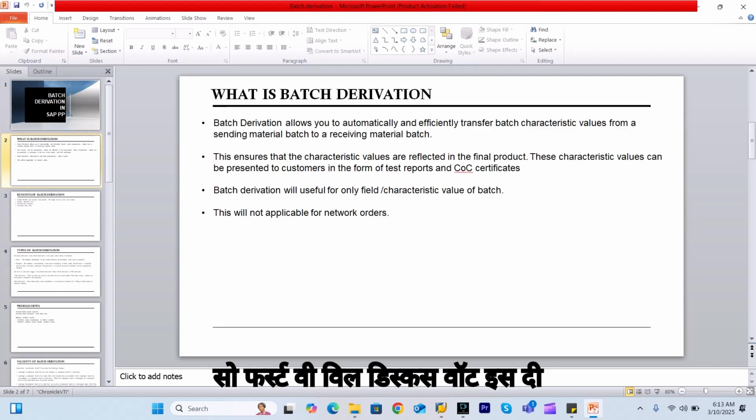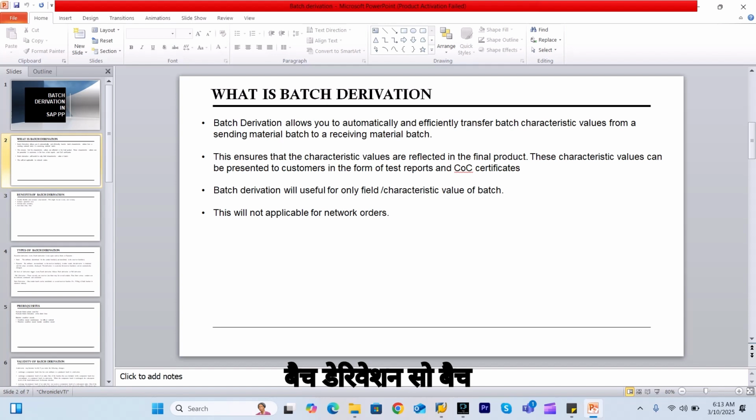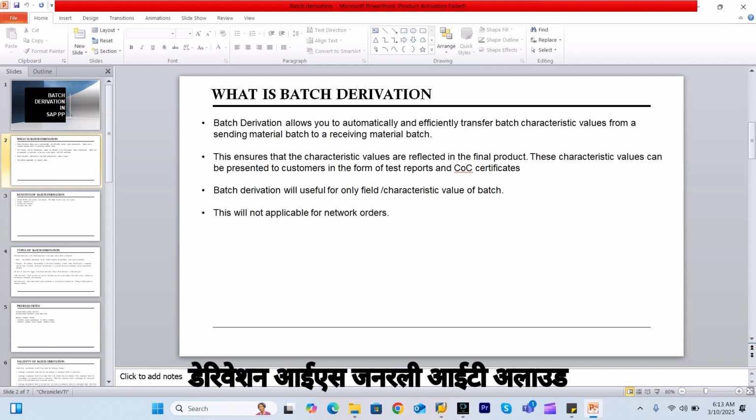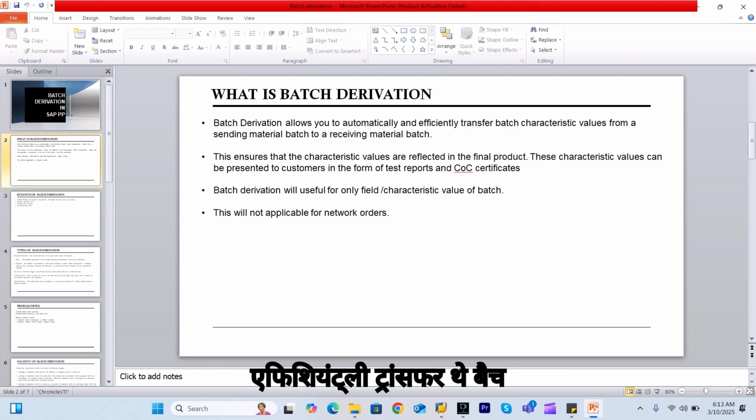So first we'll discuss what batch derivation is. Batch derivation generally allows you to automatically and efficiently transfer the batch characteristic value or batch field value from a sending material batch to a receiving material batch. To explain it in a simple way, suppose in the pharma industry,